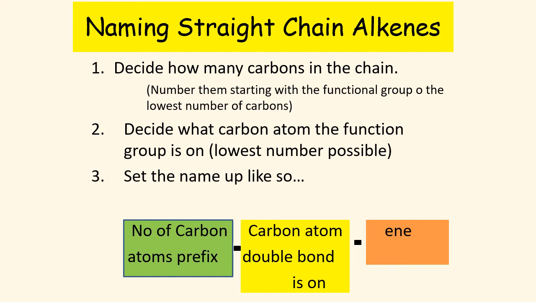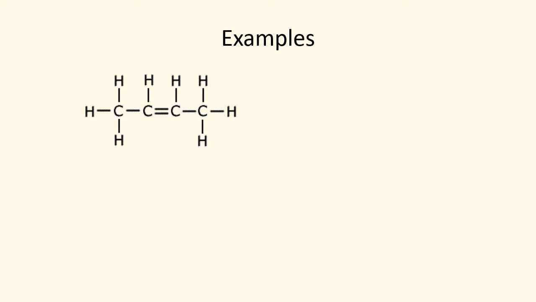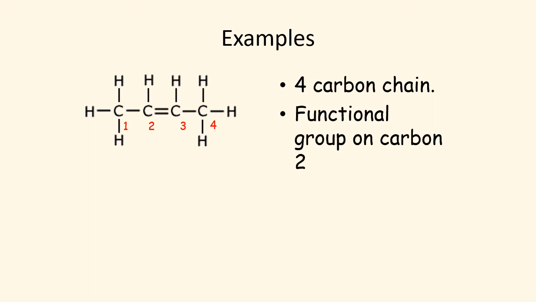So the number of carbon atoms tells you the prefix, so that's your eth, prop, etc. Then you put a dash, and then you put a number that tells you the lowest number that the functional group is on. Then you put another dash, and you give the final name ending in ene. So for example, here, we have 4 carbons. So a 4 carbon chain, that means it's going to be but-